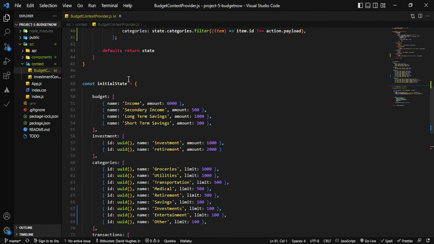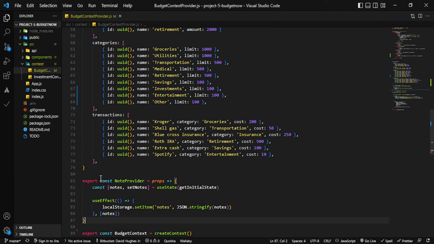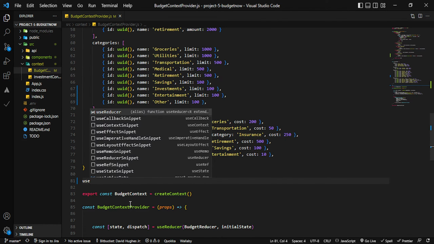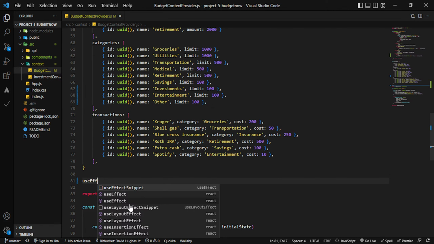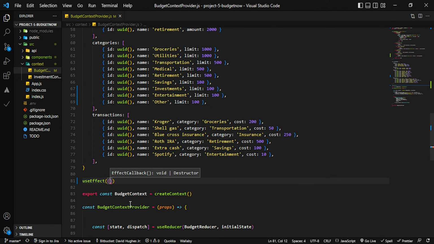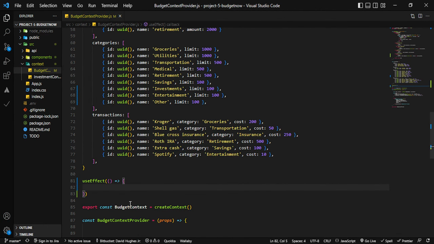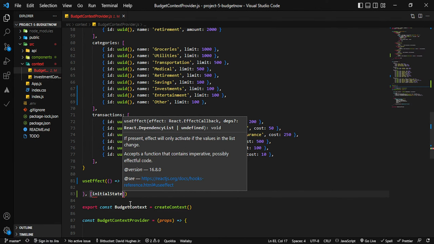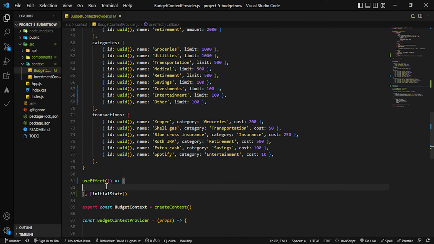Or you can just use initial state. Just save the initial state. So like, let's say use effect, this, and then put initial state in there. All right, and then